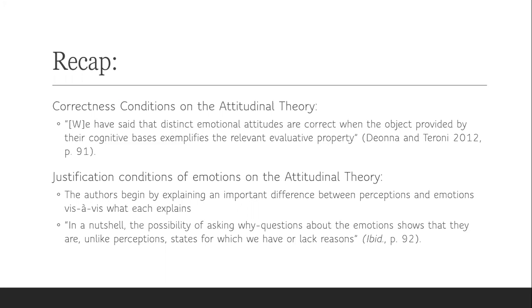And the reason why they say the object is provided by the cognitive bases, well, that perception of the venomous spider or the belief that there's a snarling dog behaving erratically, right? Those are mental states that form the cognitive bases of emotions. And speaking of mental states, I still have yet to get around to redrawing that little diagram of different ways to understand mental states. But I will take care of that as soon as I can, and I'll upload it to the Discord server.